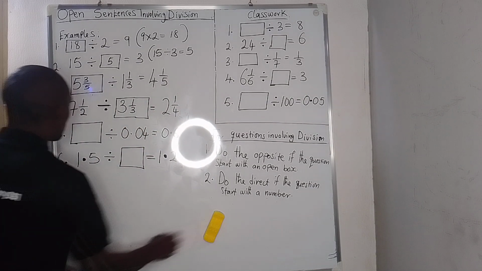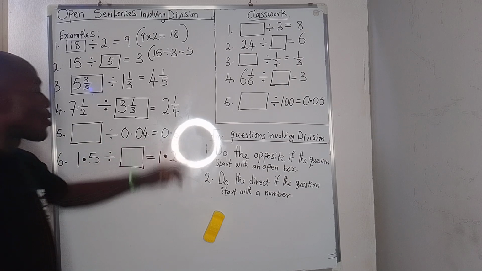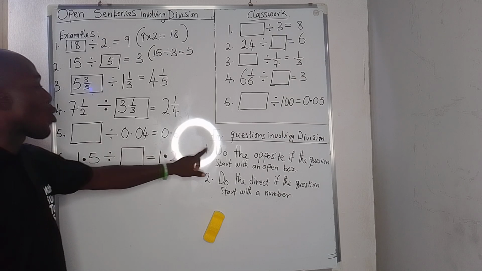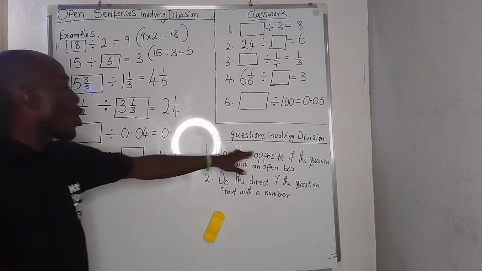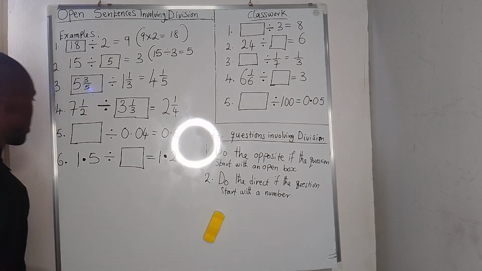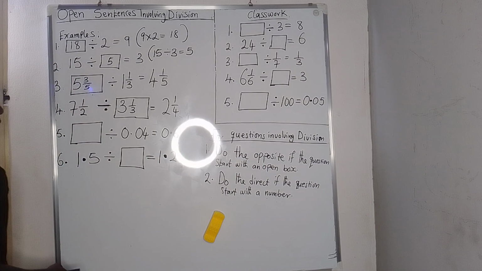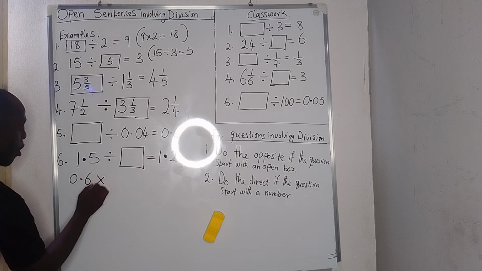It is a decimal number. Open box divided by 0.04 is equal to 0.6. The rule says, if your question starts with an open box, you should do the opposite. The opposite of division is multiplication. So 0.6 multiplied by